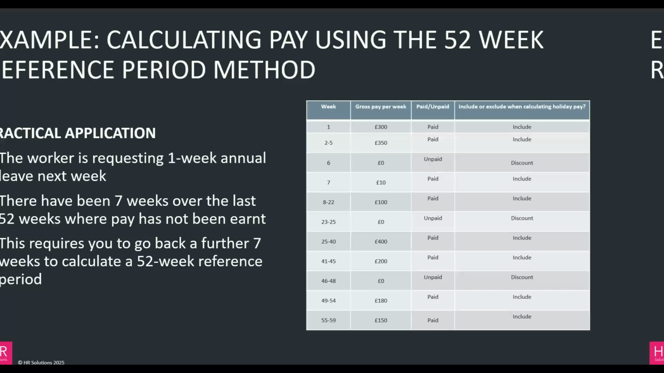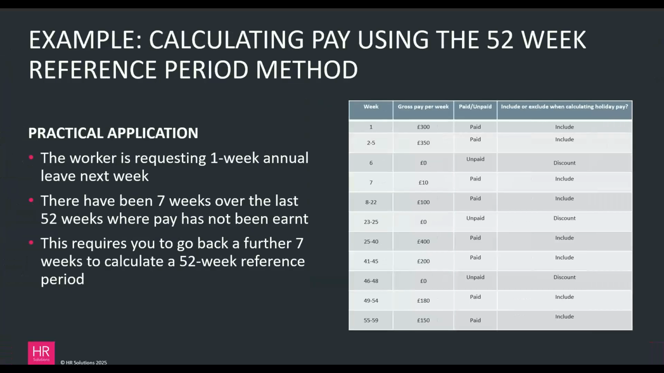So what you'll see is you've got a week split out, taking you right through to 59. And that's because to find your 52 weeks' worth, you've had to go that far, because as you'll see, there are some weeks that are discounted and you don't include. So if you remember those rules that I said a few slides back, if you go on to the next slide,